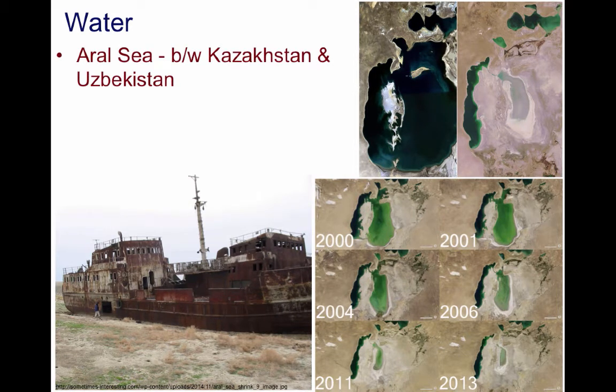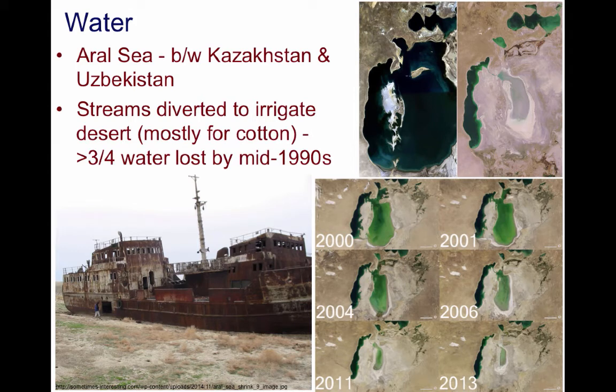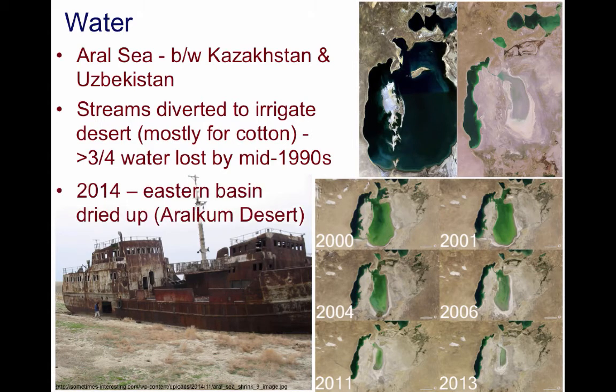Streams that fed this large body of water were diverted to irrigate the surrounding desert, mainly for commercial cotton production. Heavy use of chemical pesticide ruined the groundwater below, causing a health crisis that some observers describe as an ecological Chernobyl. In the meantime, the Aral Sea began to dry up, and by the mid-1990s, it had lost more than 3/4 of its total surface area. By 2014, it was revealed that the eastern basin of the Aral Sea had completely dried up, and is now